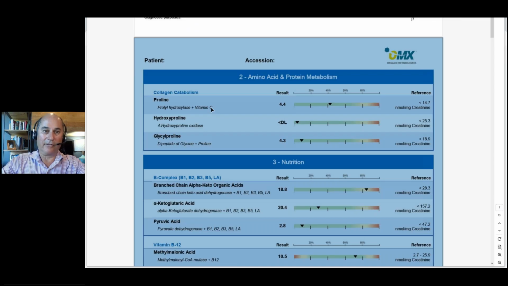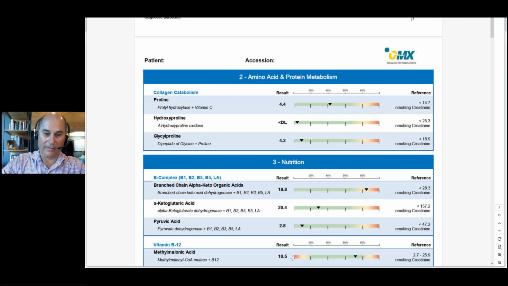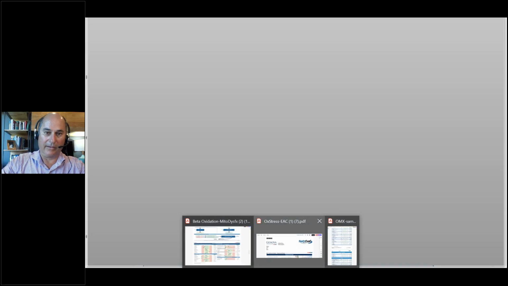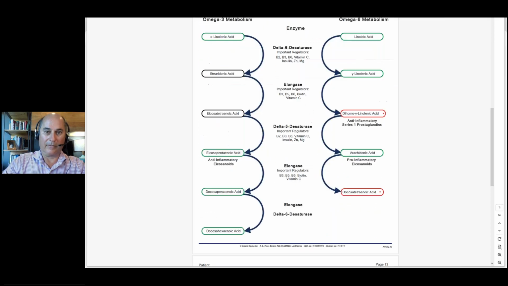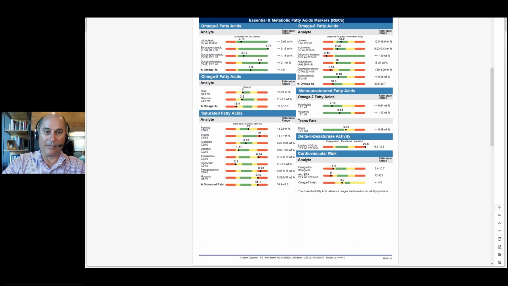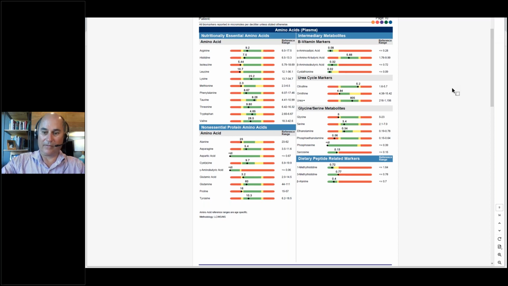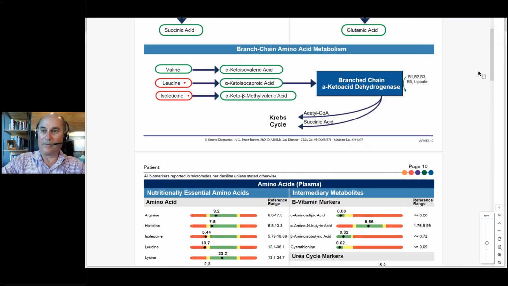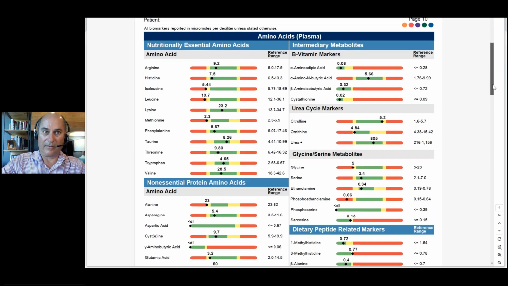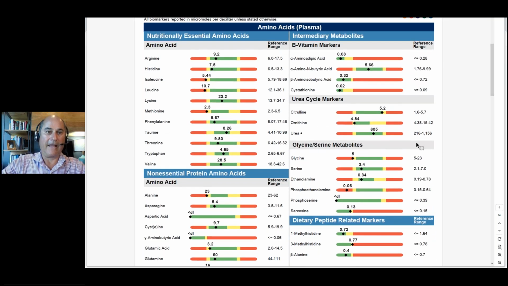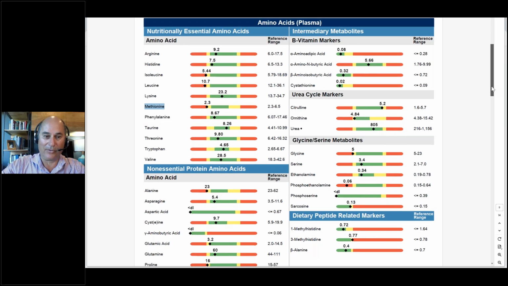And let's look at another, Nutraval. So there's lots of other things on this test, obviously. We're just looking at the important stuff here. So now, the essential and non-essentials. Isoleucine, leucine, again low. Methionine, we talked a lot about methionine earlier, is also low. That's on our list of the 20 amino acids.